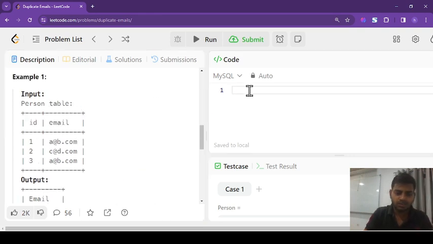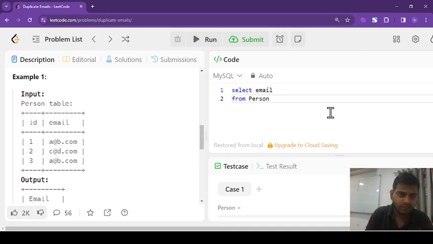We will start with the select keyword. We want email, so we write email from the table name. What is the table name here? Person.